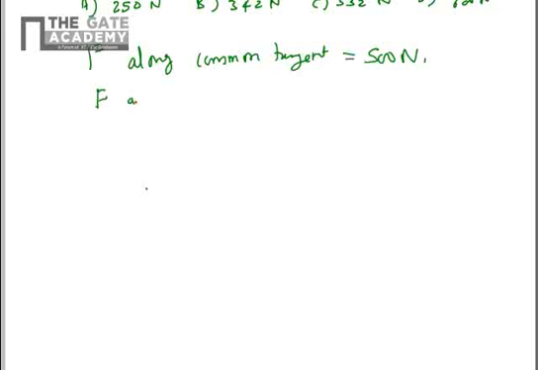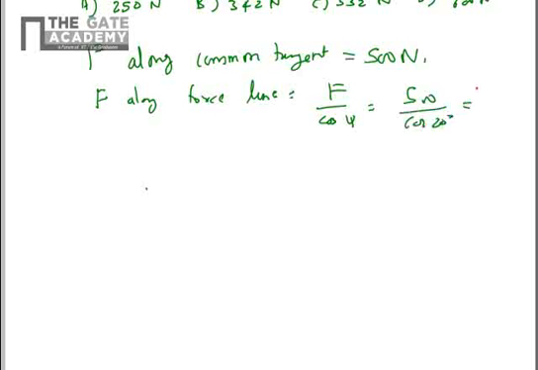So we know that the force acting along the line of action is equal to F divided by cos xi. This will be 500 divided by cos 20 degree. As you can see from the options, since cos 0 is 1 and cos 20 degree will be somewhere near 0.9, the value will be somewhat greater than 500 and near to 500. So in this option you can pick 532. You don't have to go for the exact calculation, but even if you do, you get the same value. So the answer is C.